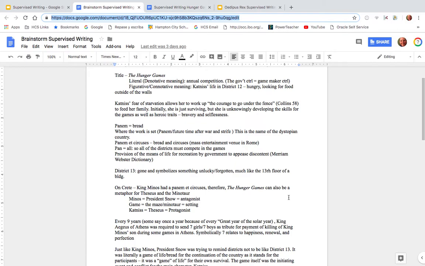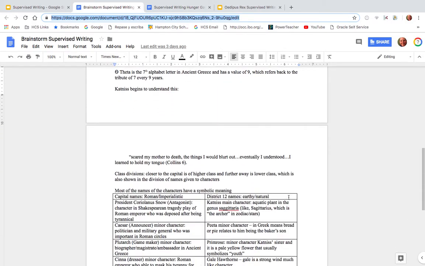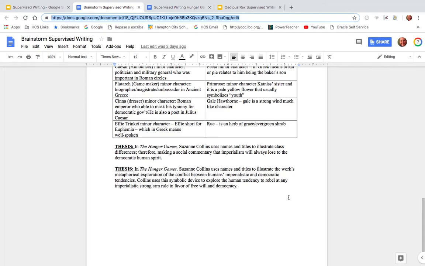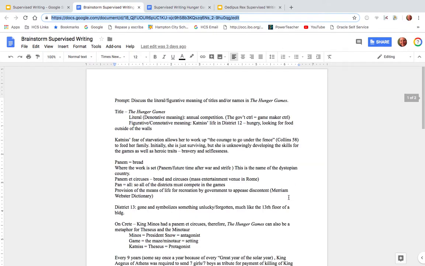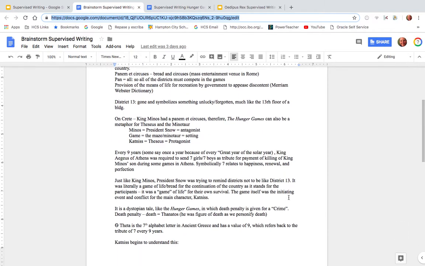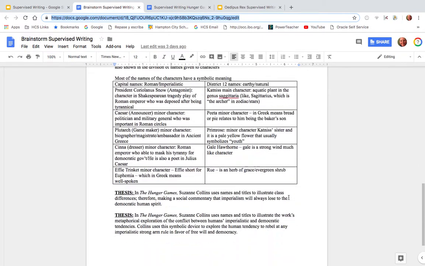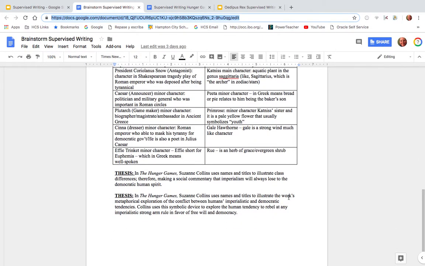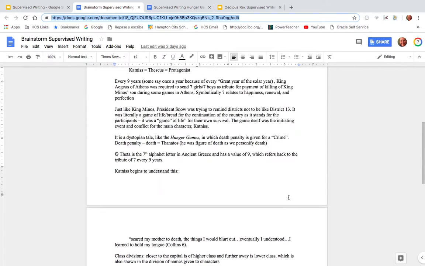You can follow exactly what the person is doing. The reason why the thesis is down here is because the person was thinking, and then finally got what their thesis statement's going to be. Your thesis statement can be at the beginning, it can be in the middle, it doesn't really matter where it is, just as long as it's somewhere in here.